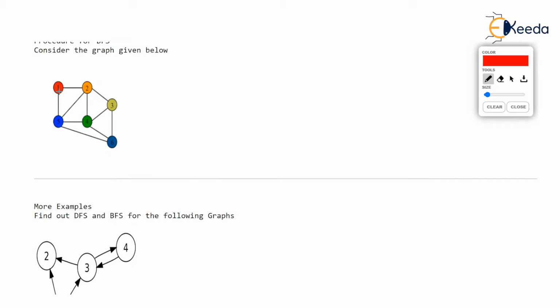So what do you do? You start processing 1, which means you print the information of vertex 1. Let's print 1. And as soon as you print 1, we will mark it as visited. Visited means we are going to use some sort of flag in our algorithm, which will be 0 if the vertex is not visited, and it will be made 1 as soon as the vertex is visited or printed. We will see all these issues when we see the algorithm.